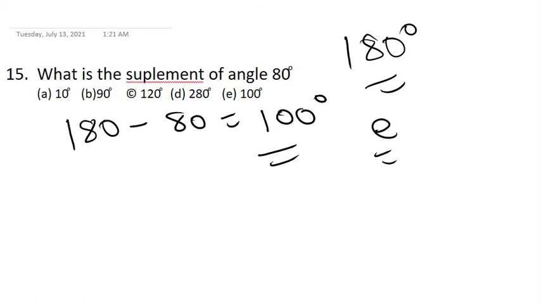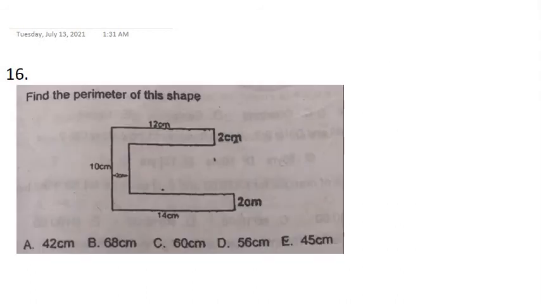Question 16. Okay, find the perimeter of this shape. Perimeter is the distance round the shape. So the distance round this shape will give you the perimeter of this shape. But we have some unknown sides. To get this